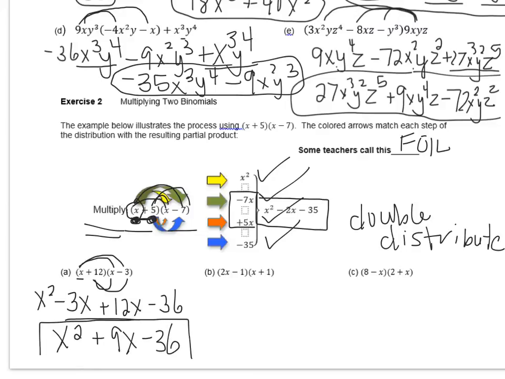Sometimes you'll have coefficients in front of the x's. That's okay. Same process. 2x times x gives you 2x squared. 2x times 1 gives you positive 2x. Negative 1 times x gives you negative 1x. Negative 1 times 1 gives you just negative 1. Combining your two middle terms, you're going to be left with 2x squared. 2x minus 1x is just